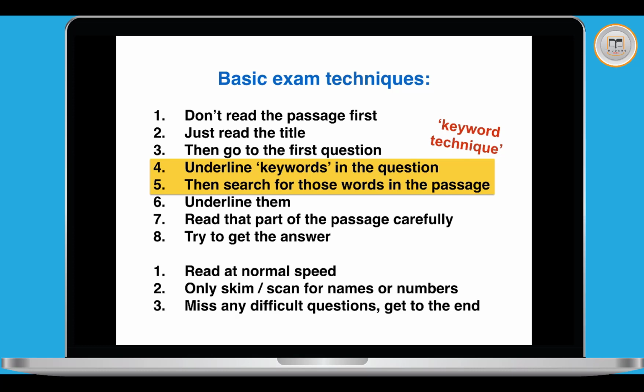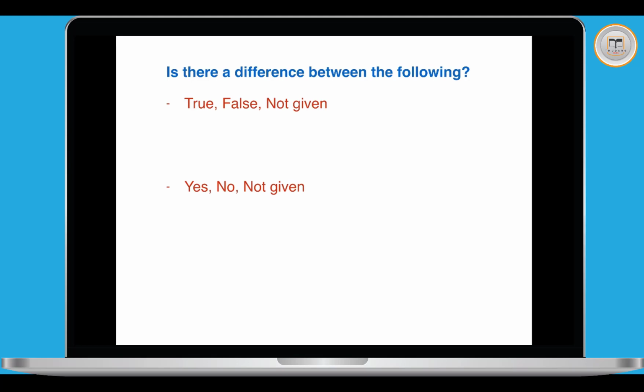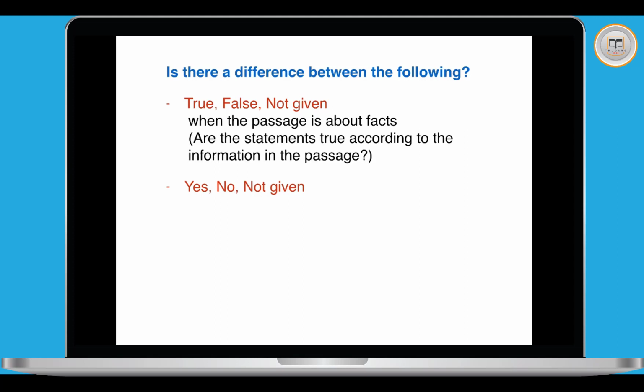We'll try to use these techniques and one or two others for today's questions about true, false, not given and yes, no, not given. First, let's look at the difference. Is there a difference between the following: true, false, not given and yes, no, not given? The answer is yes, a very small difference. They use true, false when the passage is about facts. Is this statement true according to the passage or not? So the question will say something like this: are the statements true, false or not given according to the information